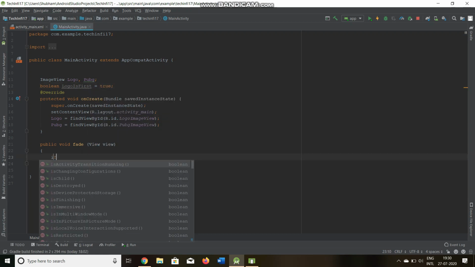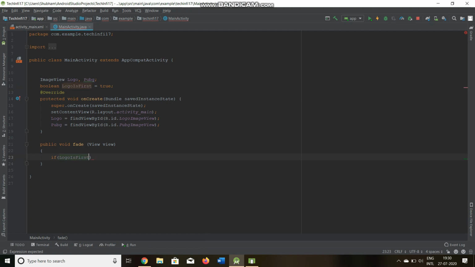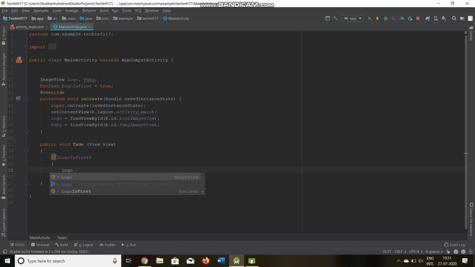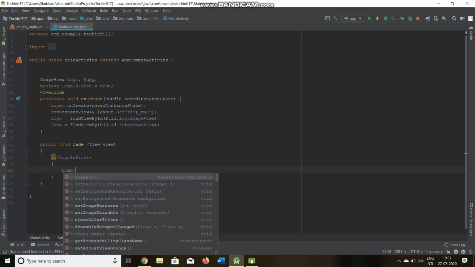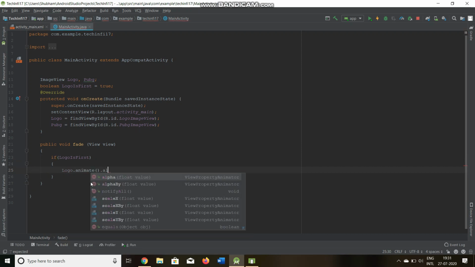Now I'll keep a check, if logo is first, then I need to set the animation over here. Let's check out how we need to set animation. I have my image view with the name logo, so for this I need to type dot. Here you can see the very first option is animate, so we'll select animate, and the other option will be alpha.